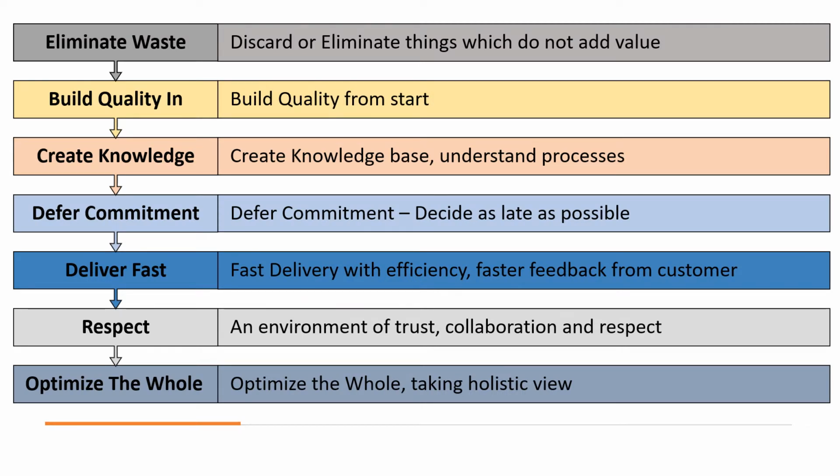So the first lean principle is eliminating waste. That simply means discarding or eliminating things which do not add value. If we talk about a software project, some of the waste could be defects resulting from poor quality. If there are members waiting for their code to get reviewed, that waiting time is also a waste. If the team is leaving a lot of work partially completed, that is also a waste. If the team is engaged in documentation which is not really required, that is also a waste. If the team gets involved in a meeting where the whole team is not required to attend, that is also a